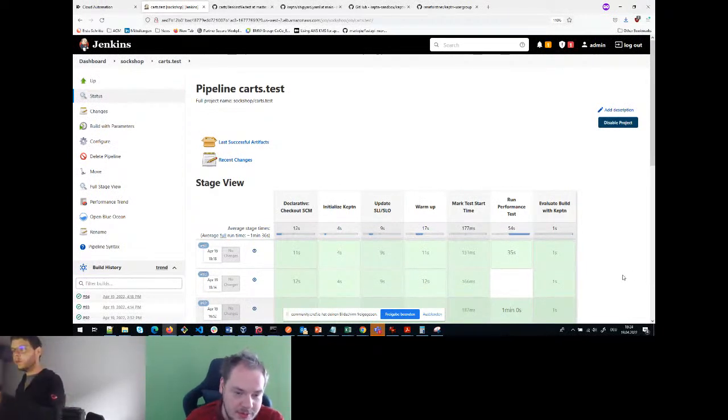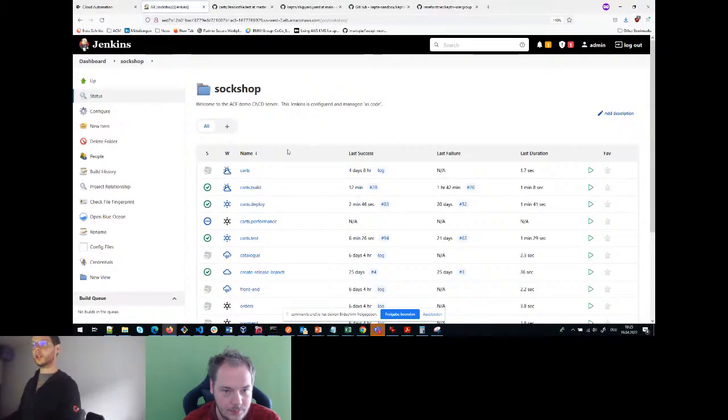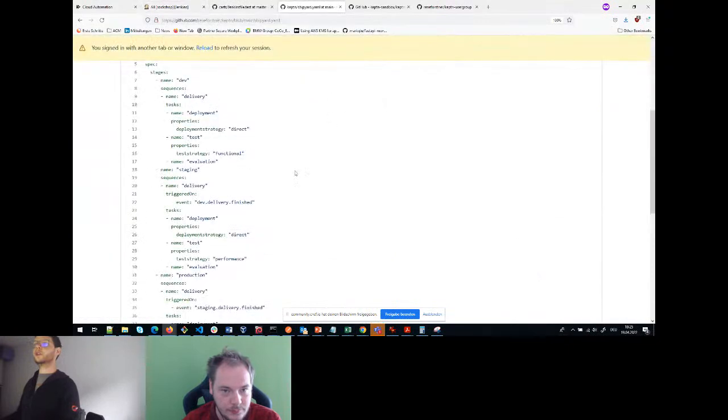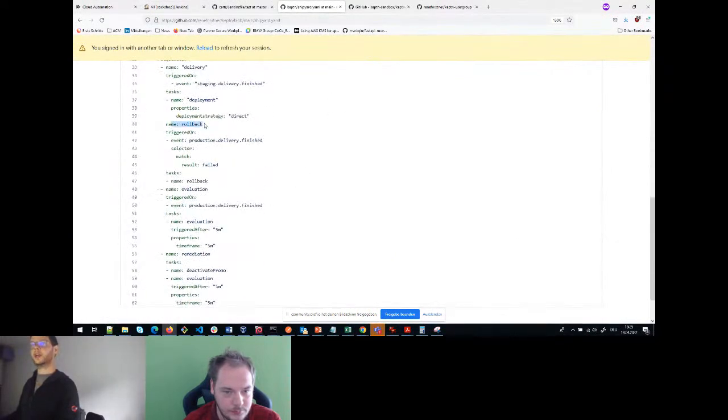But what happens if this evaluation fails? Can you fall back from this pipeline? Basically, yeah, we could fall back with the pipelines as well, because we have somehow parameterized it and can work with the image IDs. So this is something which would work in this case, because we can just again, if you define in our shipyard, I think I have defined it, yeah, if you define a rollback sequence or a rollback task,